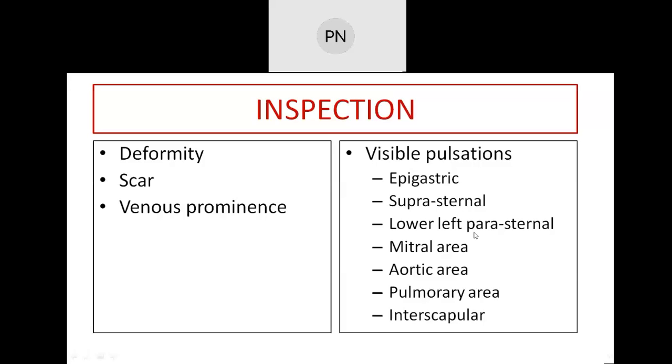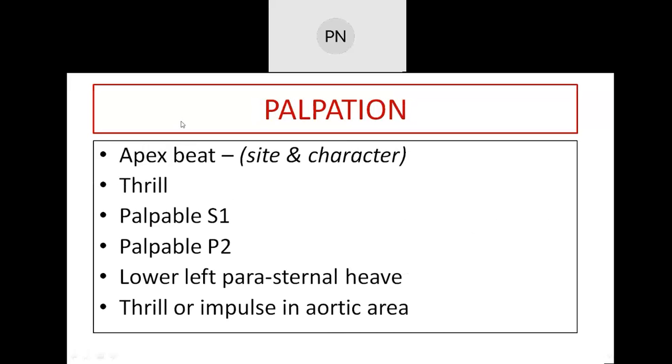Whatever is visible is also palpable. So if you look into the findings, what will be the site and character of the apex? Raghavalakshmi, why do you think there will be a suprasternal impulse? What is the cause of suprasternal impulse? The cause of suprasternal impulse is aneurysm of arch of aorta. That is definitely not present here. Yes, very good. Apex will be down and out, and the character will be forceful and,